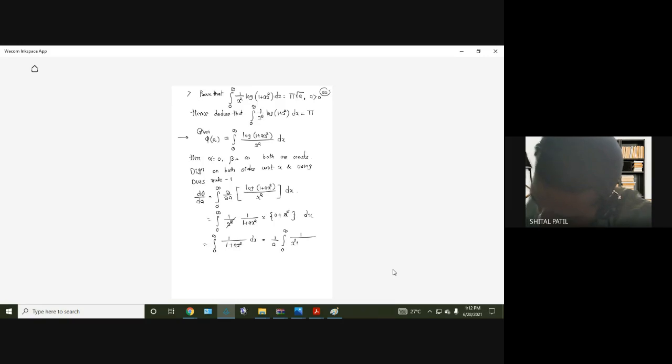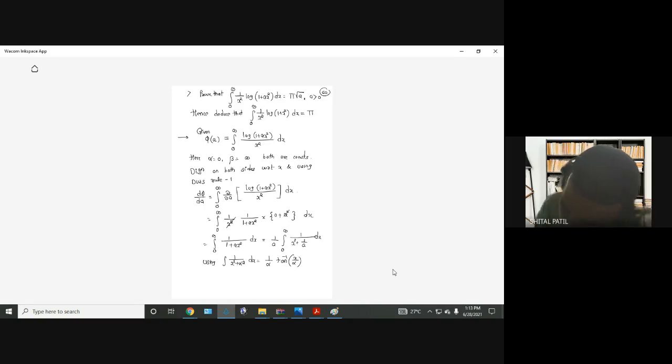x square 1 upon a आएगा dx, फिर इसको यूज करना है, using integration of 1 upon x square plus alpha square dx. क्या रहता है उसका इंटीग्रेशन, 1 upon alpha tan inverse of x by alpha. तो इसका इंटीग्रेशन आएगा 1 upon a as it is, 1 upon alpha, so 1 upon root a आएगा. हाँ, alpha square is 1 upon a, तो उसका रूट लेना पड़ेगा हमें, tan inverse of x divided by alpha, 1 upon root a,